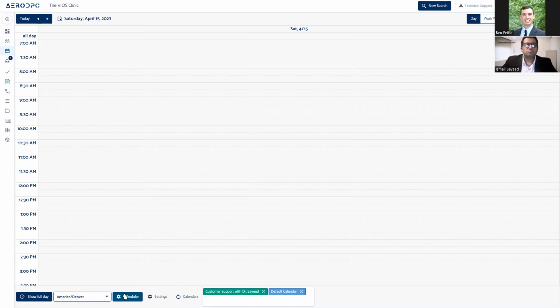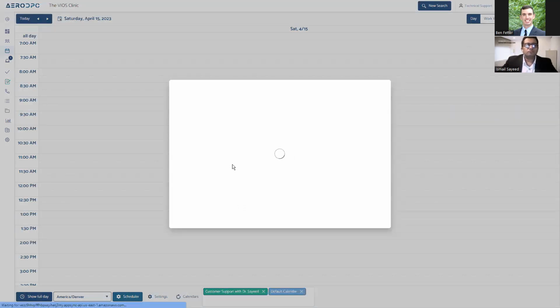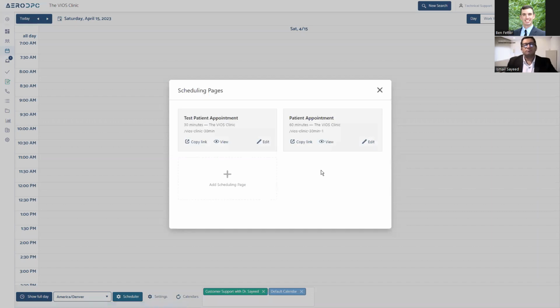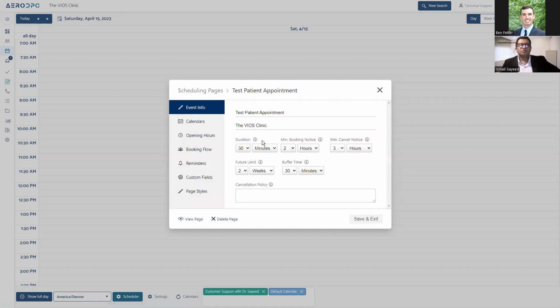The second thing to show you is the scheduler. So the scheduler is going to allow you to create scheduling pages that the patient can use and go and sign up for a time and a date that aligns with the provider's availability and their availability. So go ahead and click the edit button here, show you all the different options that you can use to